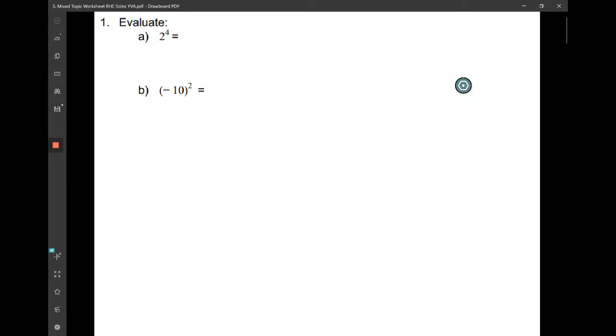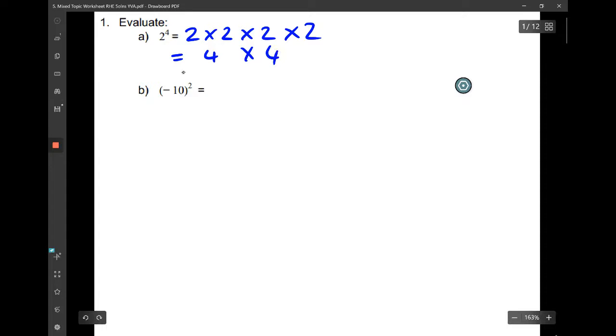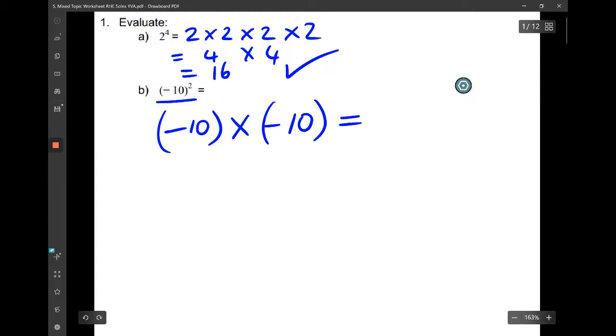2 to the power 4. That means 2 times 2 times 2 times 2. That is going to be 4 times 4, which is 16. Yay, 1 mark. Next one, negative 10 squared. That means we're going to do negative 10 multiplied by negative 10. That is going to give me positive